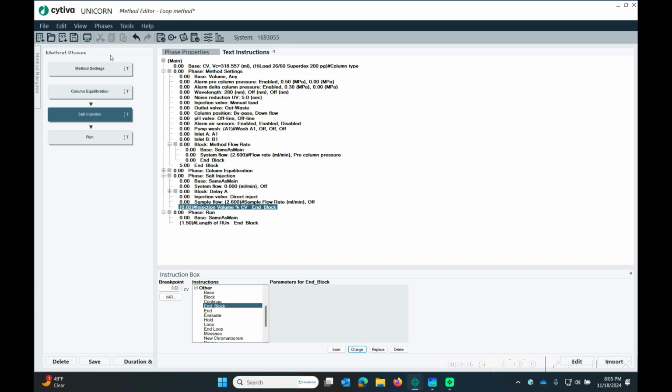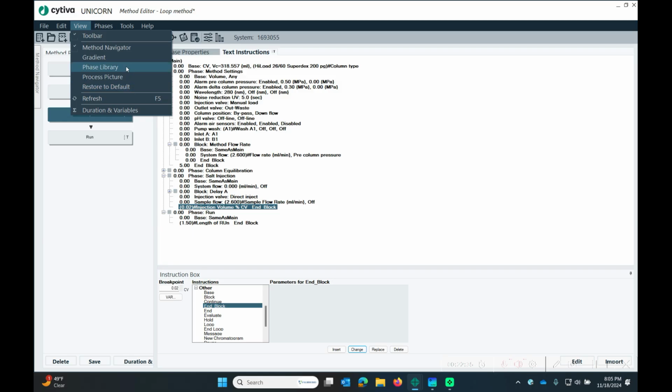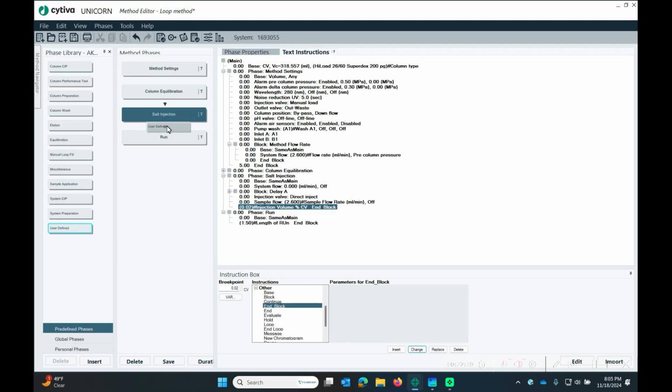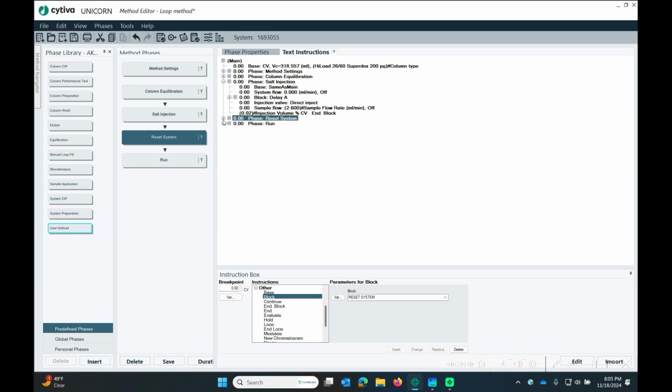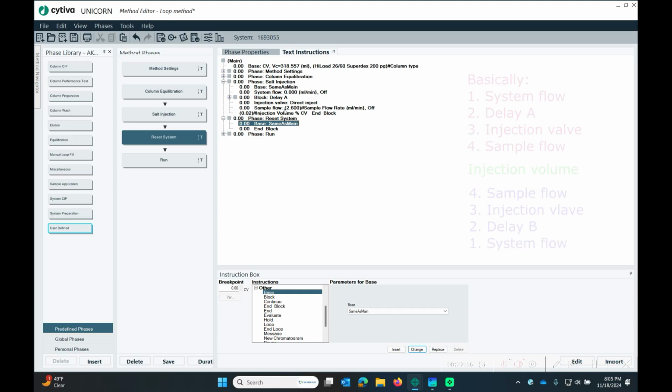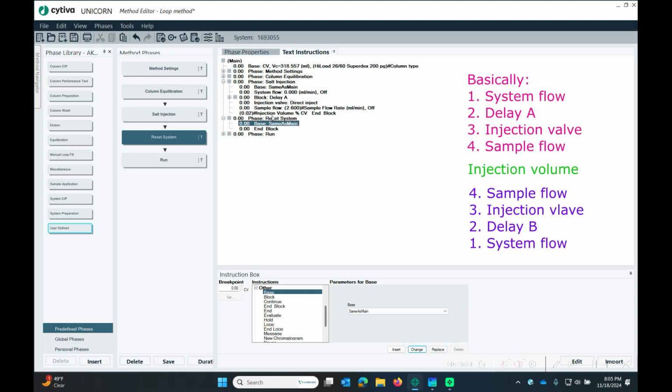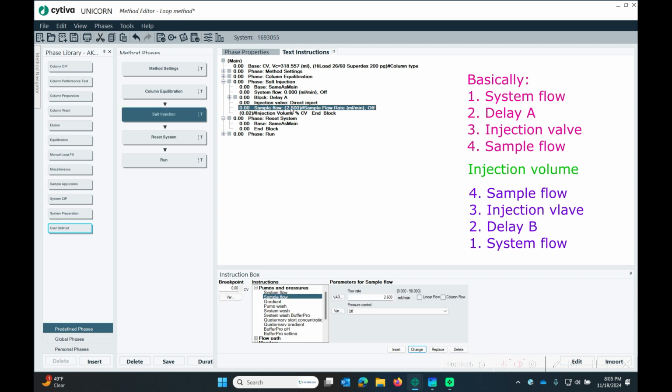Change. All right, now I'm going to put a phase in here between salt injection and the run. So view, phase library. And in reset system, the way I do this is I do it backwards from the way I have it written here. I have the sample flow on, so I'm going to turn the sample flow to 0 first. So sample flow right here,